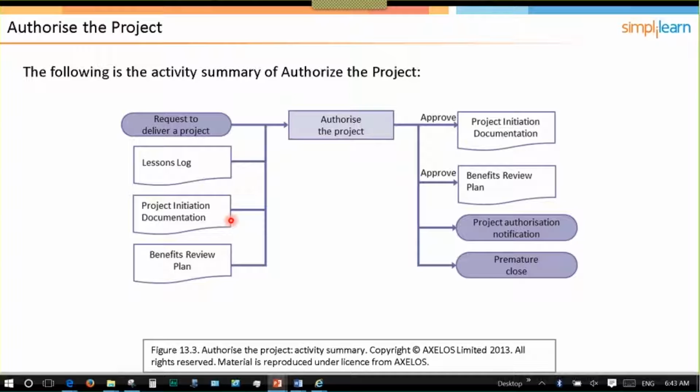So it would include the business case, the business management team structure and the role descriptions. The quality management strategy is part of that. The configuration management strategy is part of the initiation documentation, as well as the risk management strategy, the communication strategy. The overall project plan is included in the project initiation documentation, which is also called the PID, by the way,